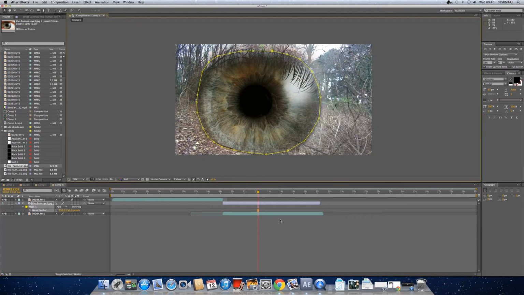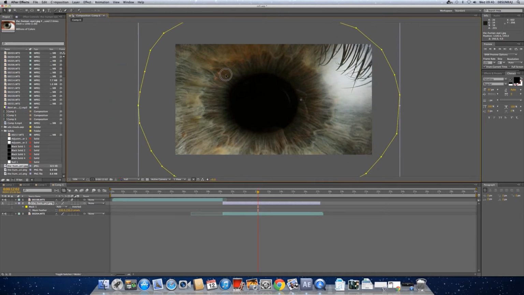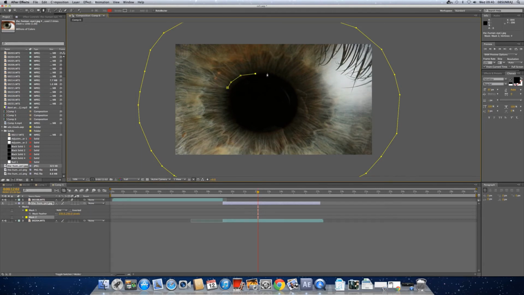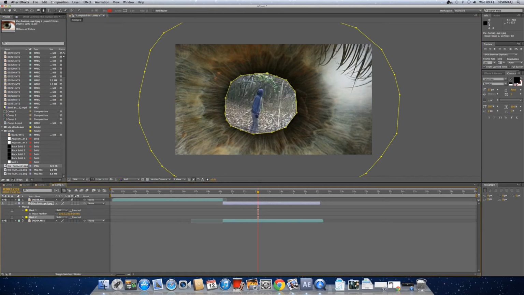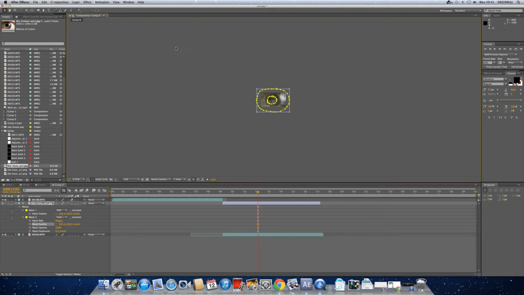We didn't want the eyelids and stuff like that, because it didn't look as good. So we used the actual eyelid itself. Once we'd done that, we increased the mask feather to around 230, so the edges are more feathered out, and it doesn't look solid around the edges. Once we've done that, I made it fit to the composition.